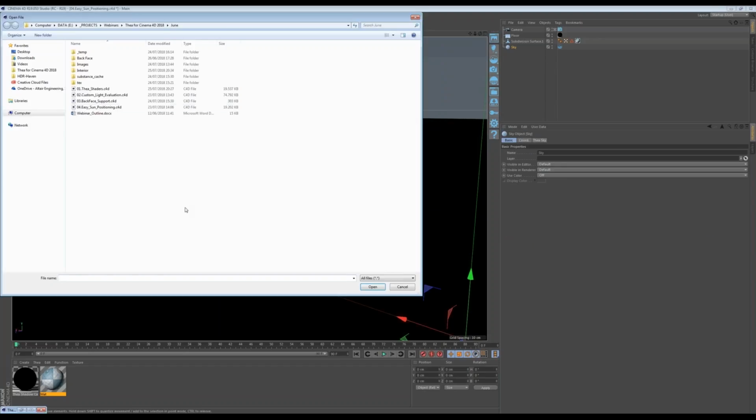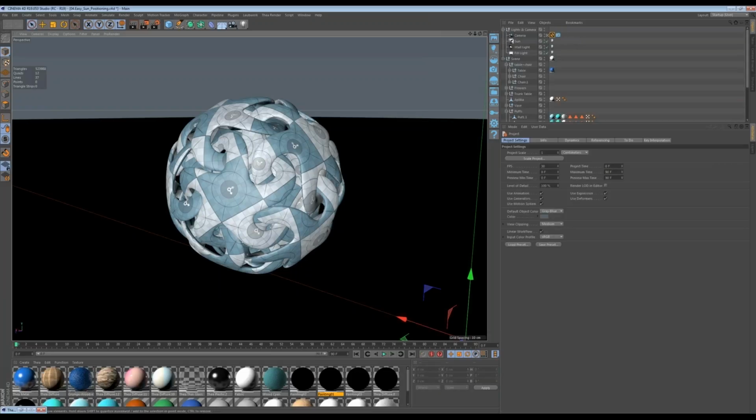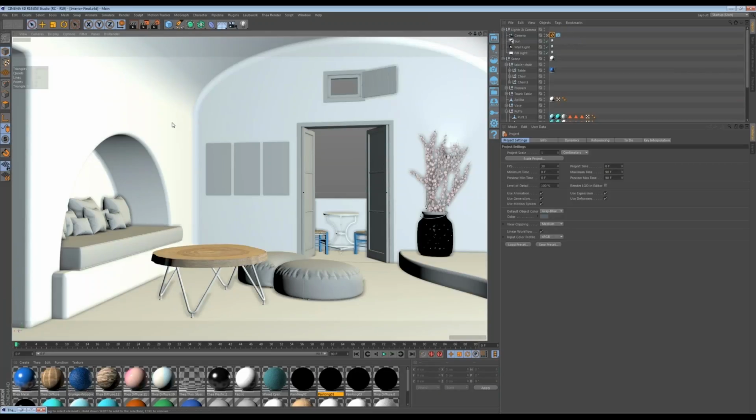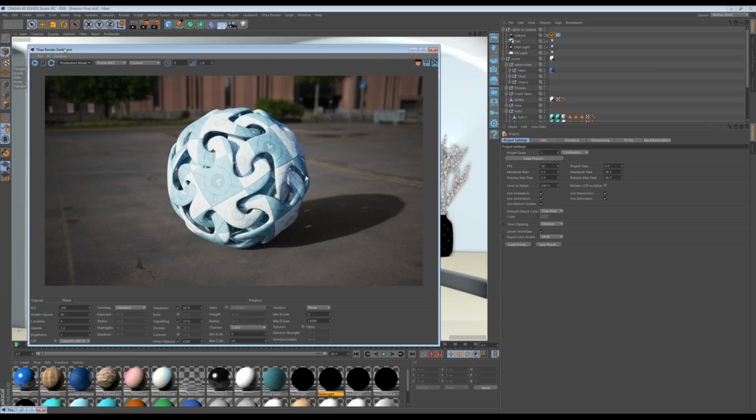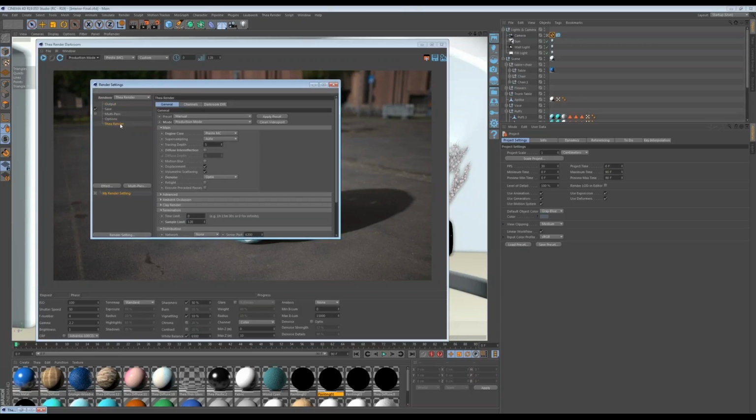So let's move on to another scene, an interior we have created. And I would like to show you another feature that we added. It's the denoising. I will render in production mode to show you this, but firstly, let me show you how you can enable the denoiser. It's in the Thea Render settings, and from the denoise drop-down, we have two options. We have the non-local means, which is our own implementation for denoising, the built-in denoiser, and Optix. So basically, all you have to do is select Optix from the drop-down list,